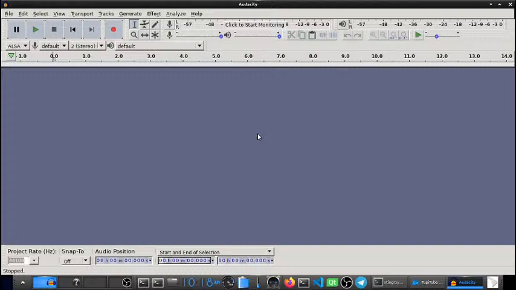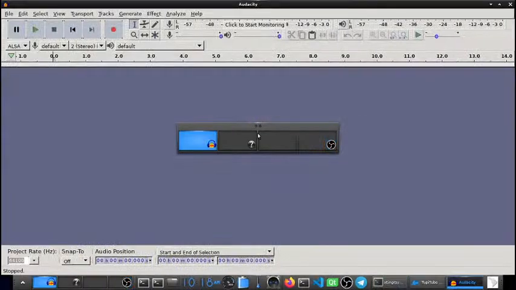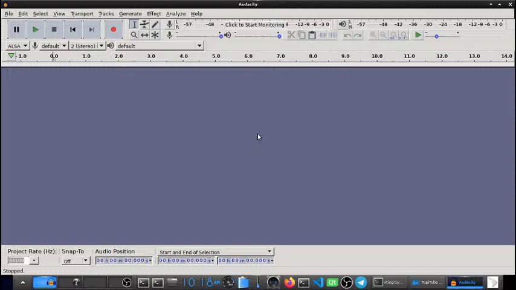Okay, so I'm going to use an application called Audacity. It's free software. You can use it to record and to edit audio in different formats. It's a very useful, handy application. So we are going to use Audacity to record the voice. You can use any software that you know how to use.